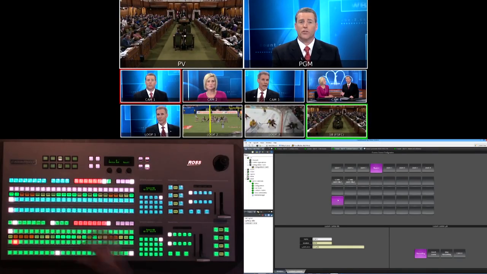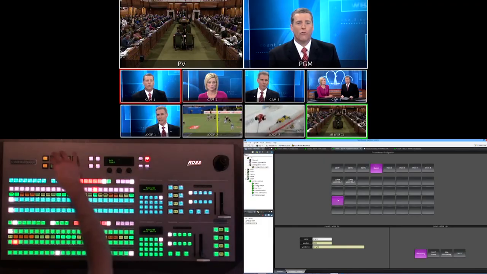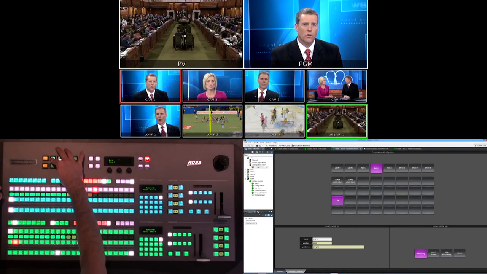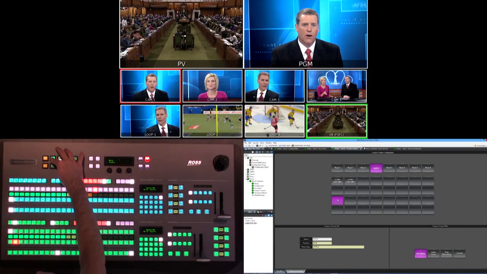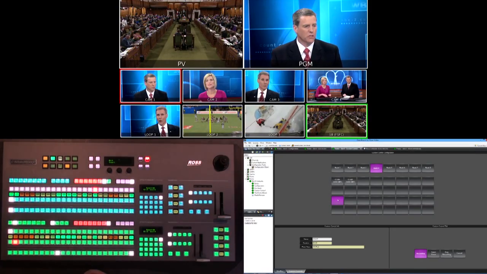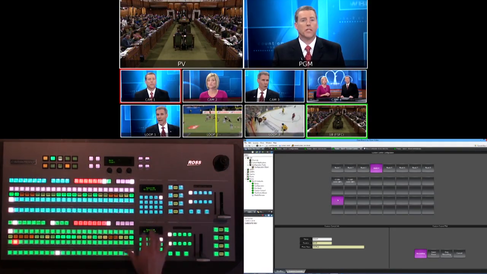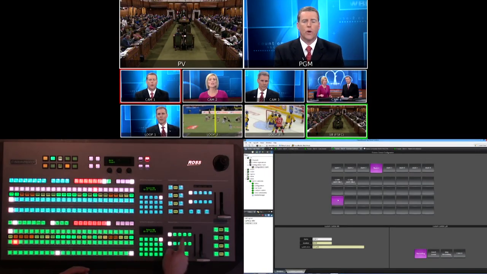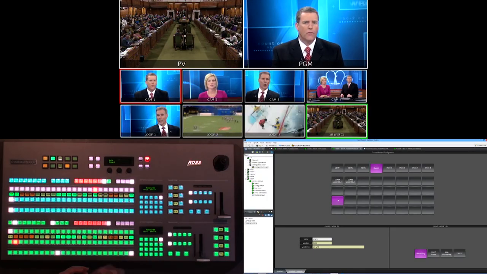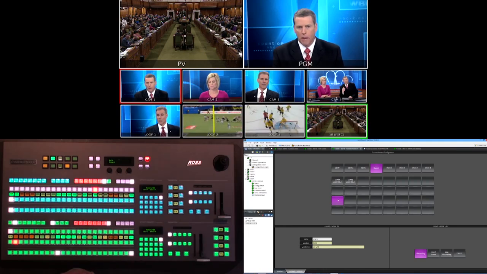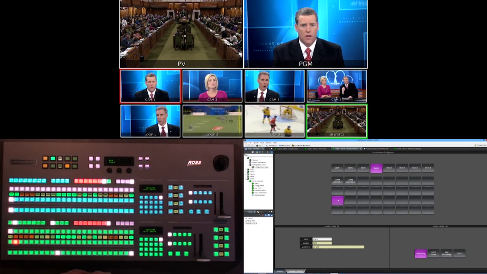Now I may want to insert a hold or a pause. A hold's nice because then I can resume it as soon as the hold comes up. But since I'm going to insert a hold, what I might want to do first is make sure that my transition area is set up for how I would want this to take place. So we're going to use the double background press functionality. That's going to insert the transition clean for ME2 in this case. So it'll make sure that it transitions clean